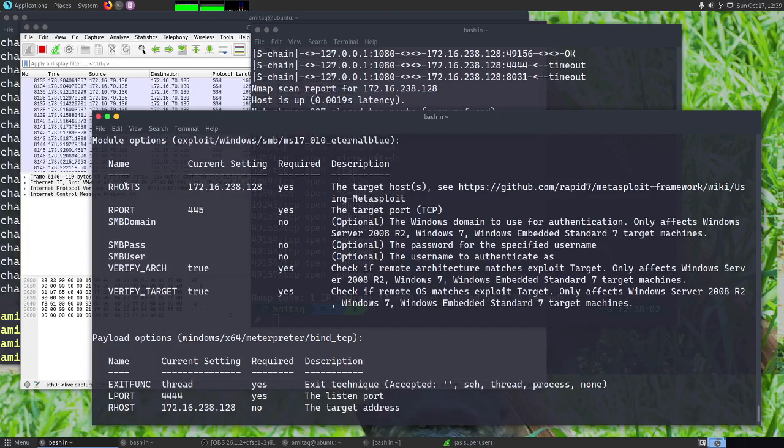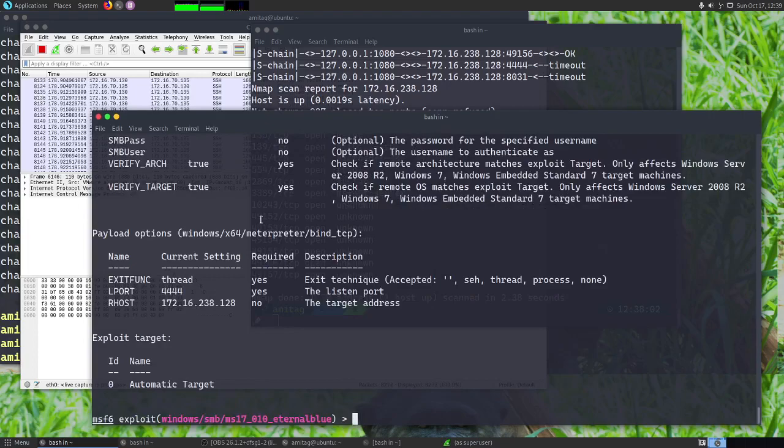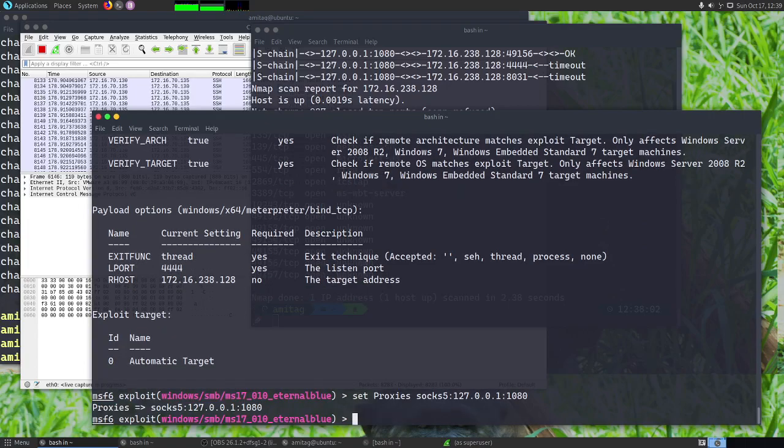I have set the RHOSTS to 238.128, and I also need to set proxies. So I will set proxies. I can set the proxies as socks5 127.0.0.1 1080.